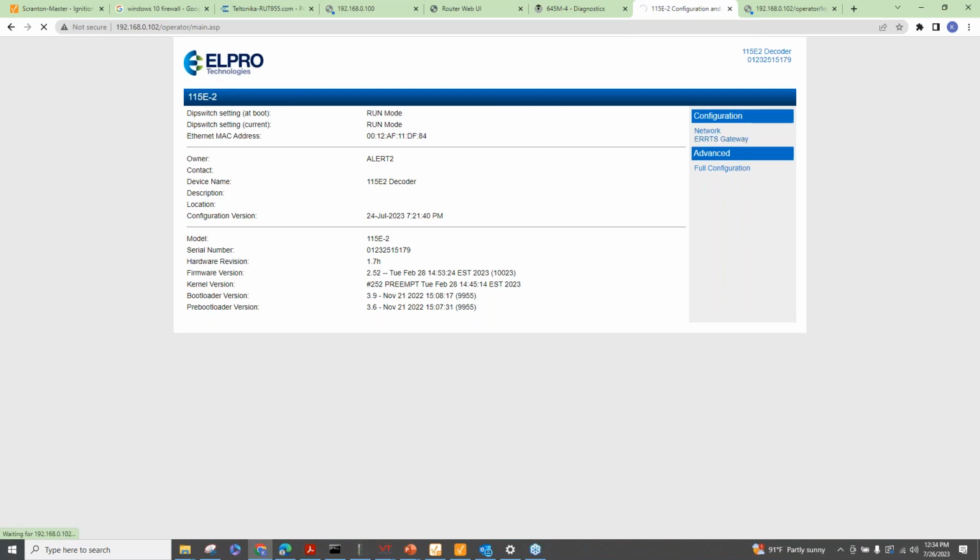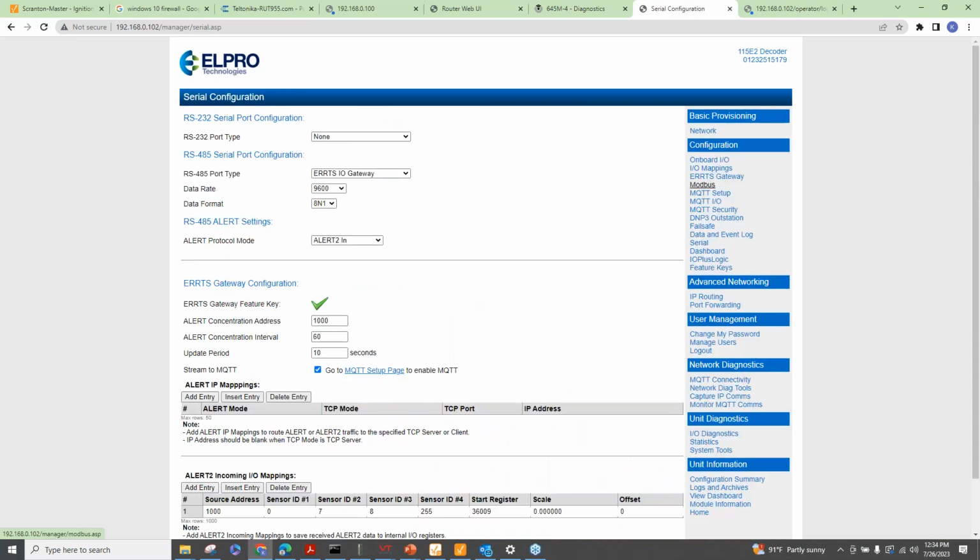By the way, at the end of the year, I'm going to do a webinar on the Alert 2 product, and it's used by NOAA and a lot of different government agencies to monitor level around the country, or actually around the world. But you can use it in other applications,